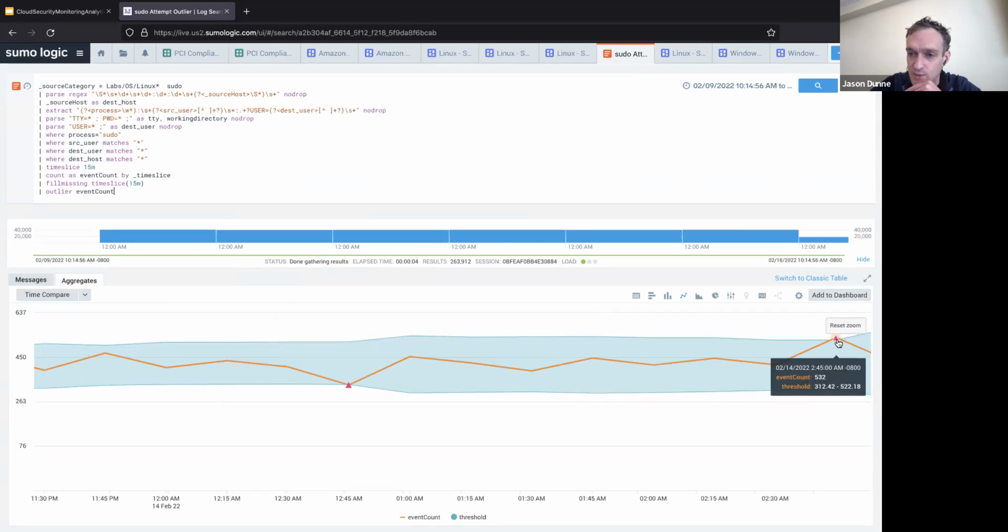And we can see here at this particular point, if we zoom in, we're looking at the query, and we can adjust what the specifics of the outlier are. We can change the thresholds, but we just have the default settings here. And we can see that around 2:45 in the morning, we're seeing some spike